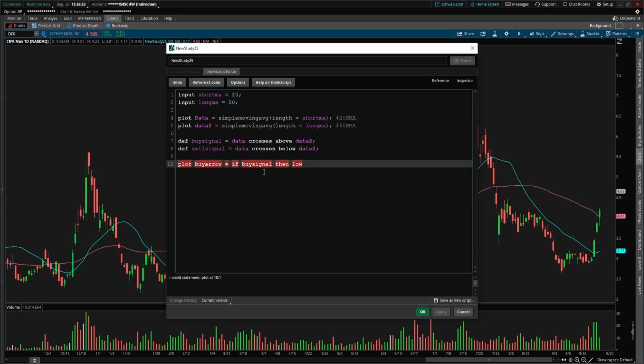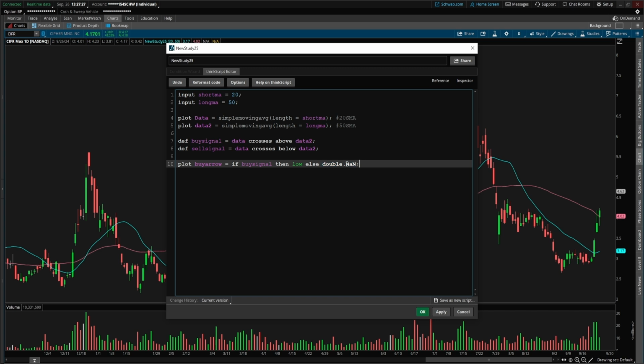Now, for the other half of this if conditional statement, I'm going to teach you something new. We don't want anything to be plotted. If on the current bar, the 20 simple moving average is not crossing above the 50 simple moving average, we want the plot variable to not do anything, right? So I'm just going to go ahead and type it out. What we are going to do is else